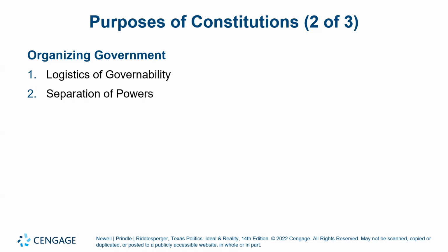The governor has no direct involvement. Sure, they could try to campaign together, which they normally do, because they're of the same party. But the governor cannot technically tell Dan Patrick or Ken Paxton what to do. Things like that. And then the logistics of governability is also important, because we have to understand that as our government